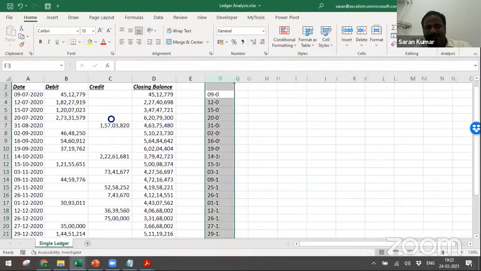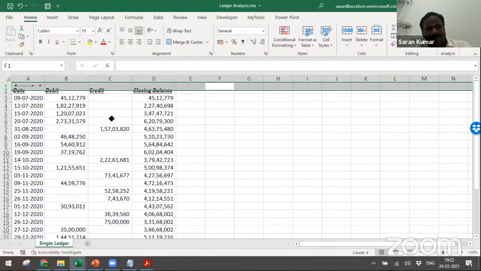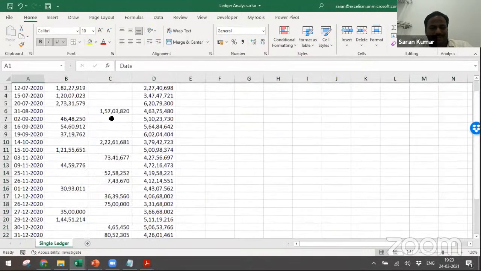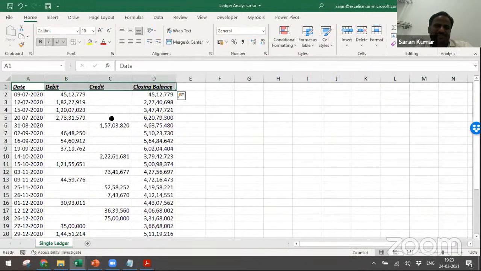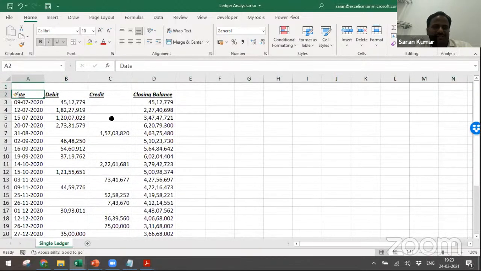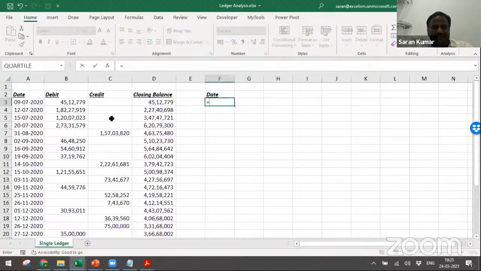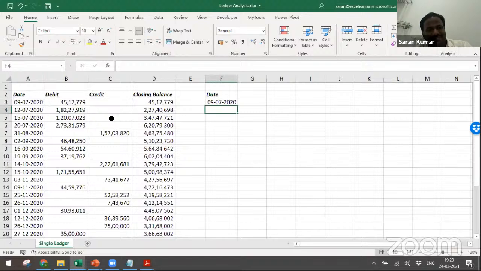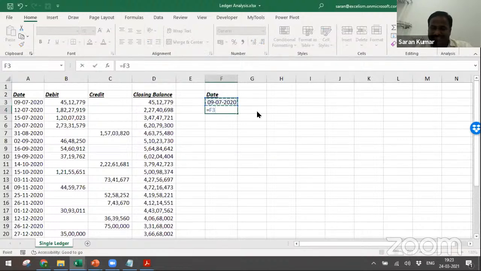Okay, so this is your loan balance. This is your account statement. Now, how to analyze this account statement? It's going to be very simple. I have a method. I use a consolidate feature in this case. I can take here equal to the first date. Why am I taking the first date? Because the loan was sanctioned in the same year. If the loan was sanctioned in the previous year, then you can take 1st April 2020. Now I want to have the next date.